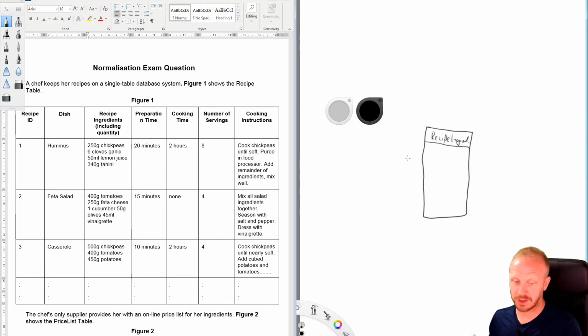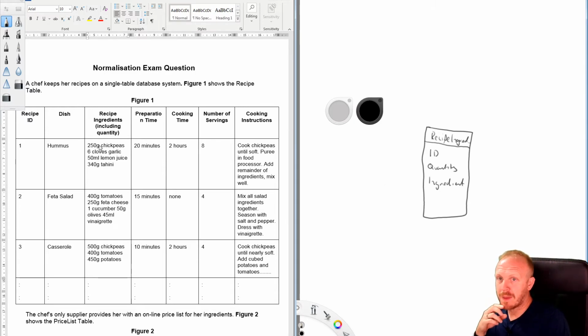We'll probably need an ID as well, because all tables do need a primary key. So I'd say something like, let's call it ID for now, and then we'll have quantity and ingredient. Okay, then what gets left from this table will be everything other than this, but we will still need to form a relationship between them. If we think about it, this is going to be many to many, because each recipe will have many recipe ingredients, and each recipe ingredient will be used in many recipes. So we have to have that compound primary key thing going on. So we have the table left